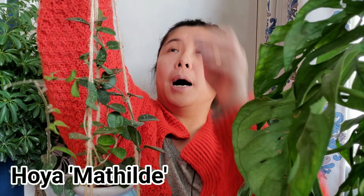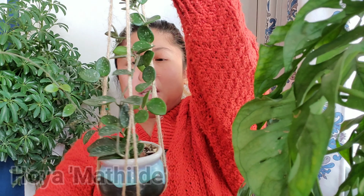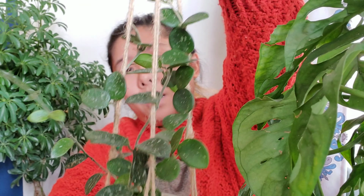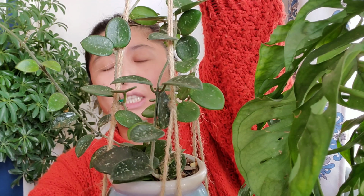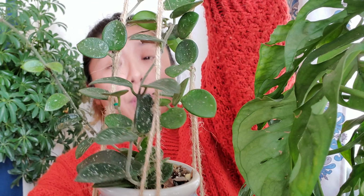Alright, so I saved the next two for last because they're kind of related. If you have watched my previous video, you may be able to guess what they are, right? So the next one I want to show you is one of my favorites, and this is the Hoya mathilde. I have a bigger one, but I separated them, so this is a smaller one here. Hoya mathilde is literally one of the easiest growing Hoyas I have